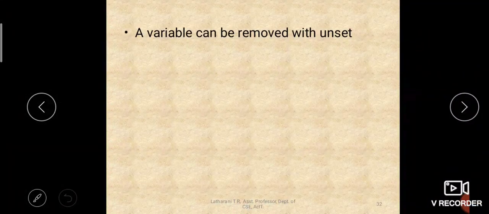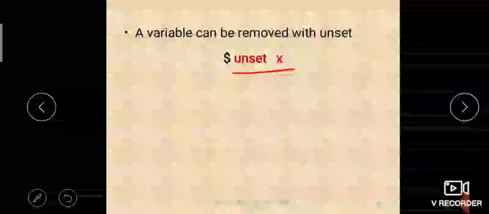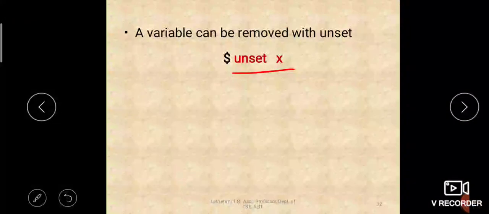A variable can be removed with unset. As soon as you create a variable, you can access its value using the dollar symbol, but to remove it from memory, you can use unset. This was not available in other programming languages, right? Using the unset command, you can remove the variable from memory. When you say unset x, the variable x will be removed and you cannot use x anymore